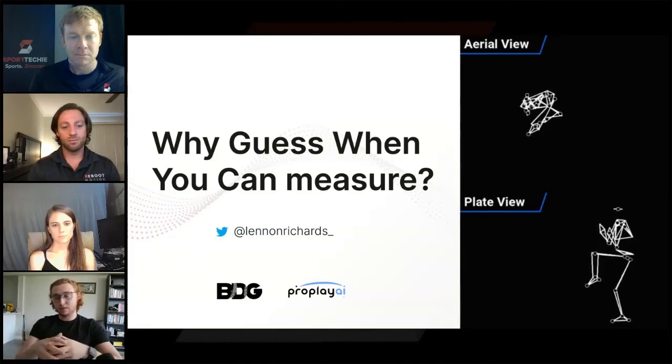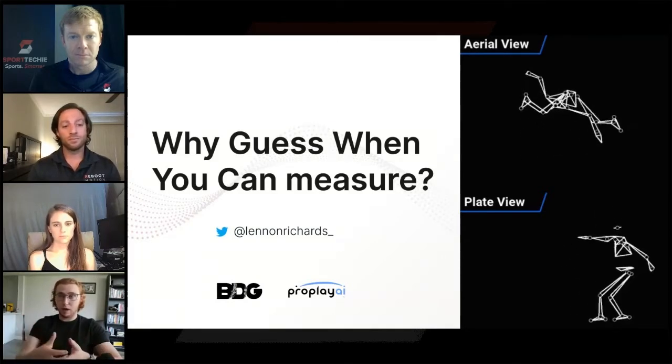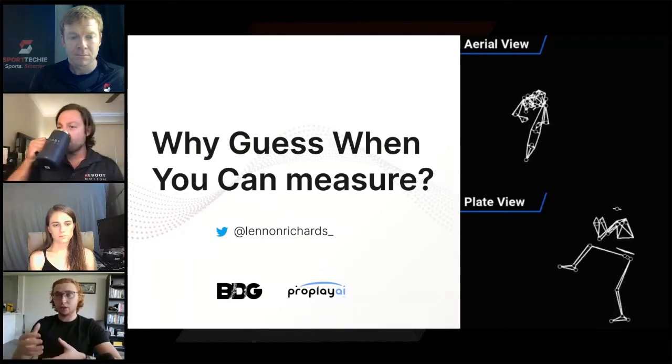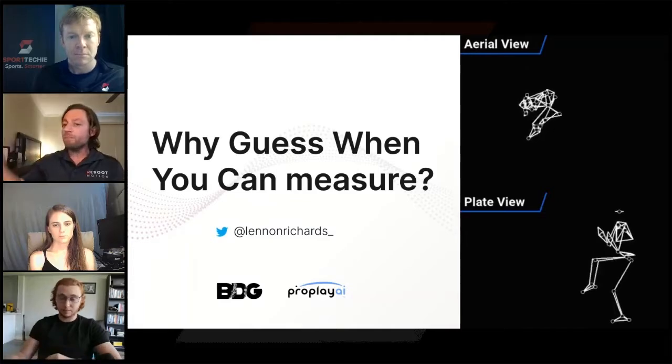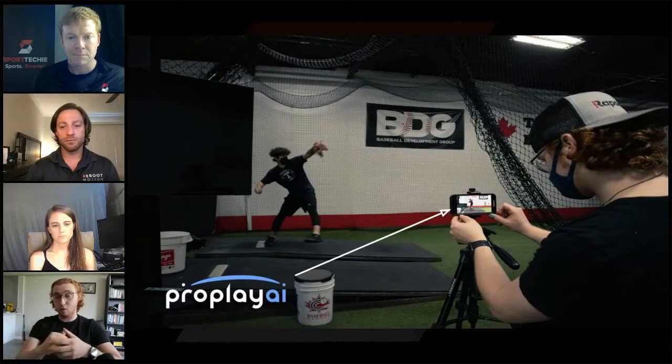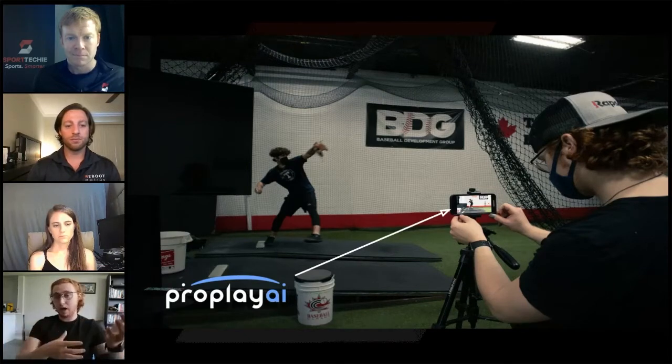can measure? Because to me, that's really what biomechanics is all about, is trying to help coaches like myself have a better understanding of what is actually going on in the athlete's movements. In terms of the technology that we've been utilizing, we've been lucky to partner with ProPlay AI, as Joe mentioned at the beginning. So we've been using the Pitch AI markerless mobile biomechanics app for the last year. And this app, it's pretty robust. All you have to do is just upload a slow motion side view video, and then you get back biomechanical